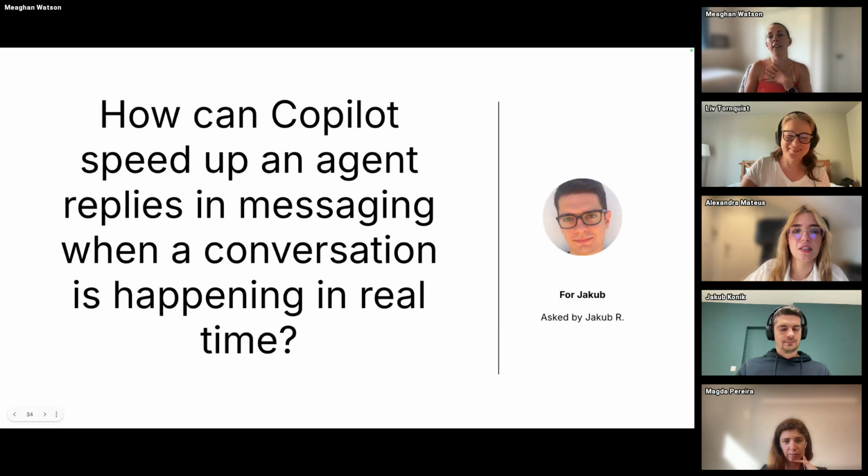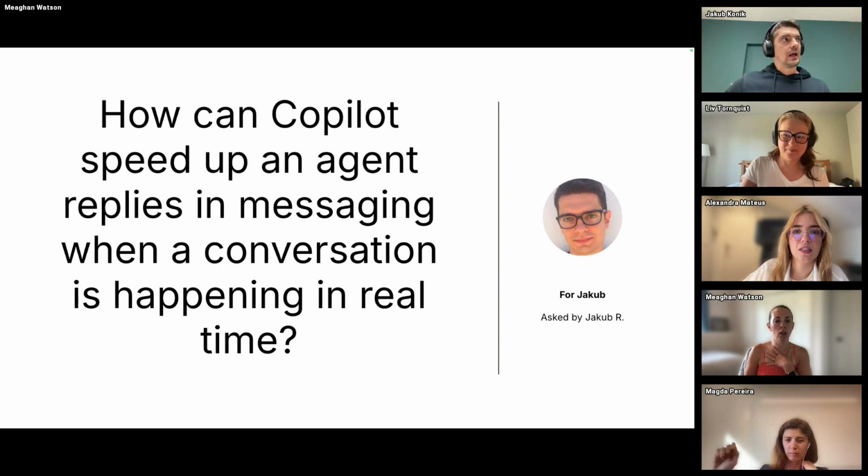Jakub, you're back on. How can Copilot speed up an agent reply in messaging when a conversation is happening in real time? Sure. So I'll answer from the perspective of Auto Assist, and then maybe think about other ways Copilot can do it.